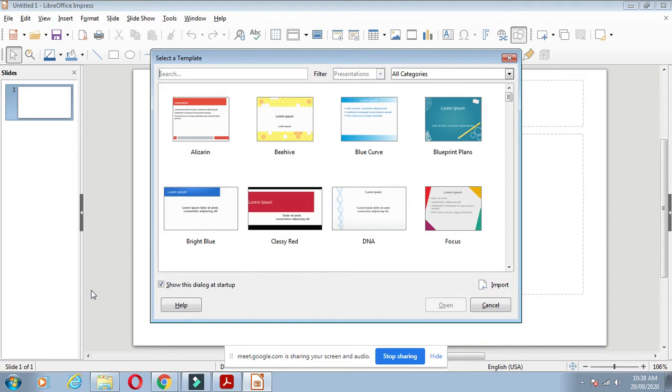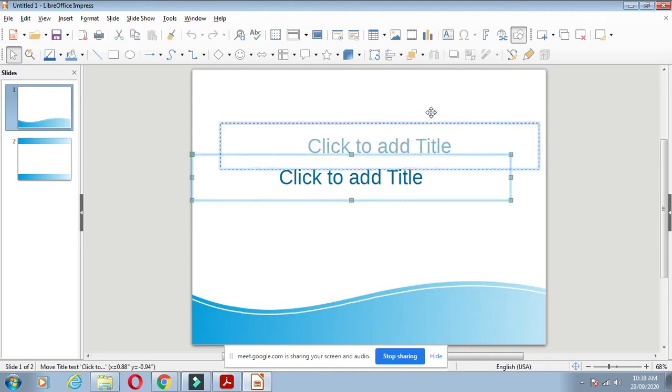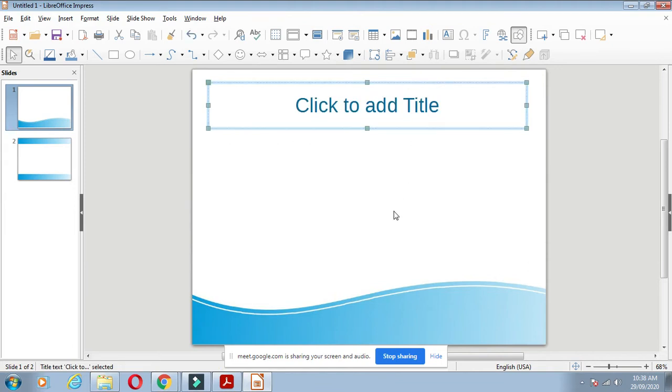Now this is the first screen in front of you. Choose any one slide. These are the templates that are already available in the application. Choose any one template and open it. That template comes in front of you like a PowerPoint presentation. Maybe you know PowerPoint presentations, you must have made slides in 8th standard. It is the same way, with a slight difference in the toolbox only.